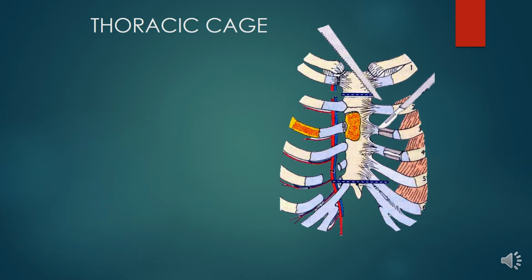ribs 11 and 12, which articulate with a single vertebra. The sternal angle of Lewis between the manubrium and the body provides the important landmark for the second intercostal space, the aortic arch and the tracheal bifurcation at T4. The intercostal neurovascular bundle runs on the undersurface of each rib,